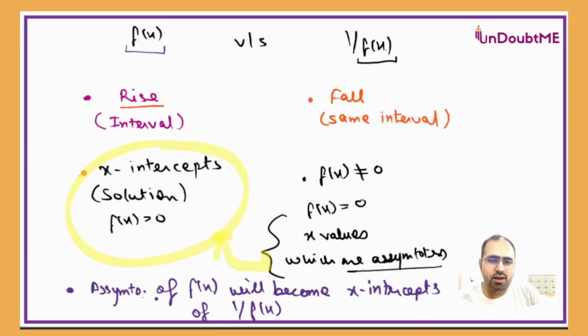And if it is an asymptote of f(x) in the original graph of f(x), like you can see for the graph of tan x, we have asymptotes. So if it is any case like that, then for 1 over f(x), those will become x-intercepts. Those asymptotes will become the points where the graph is crossing the x-axis. Okay, all these things we will see in a question, but conceptually the difference between f(x) and 1 over f(x) is